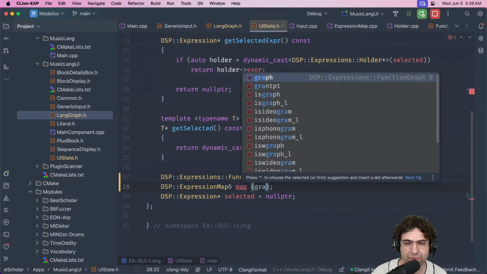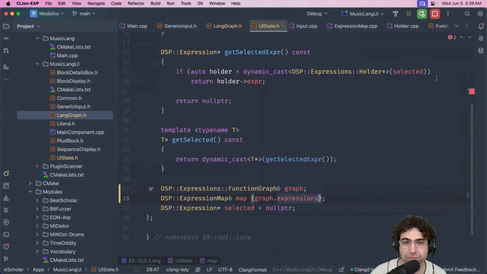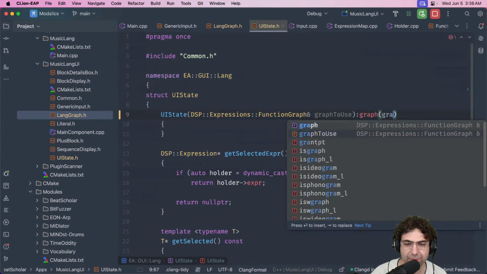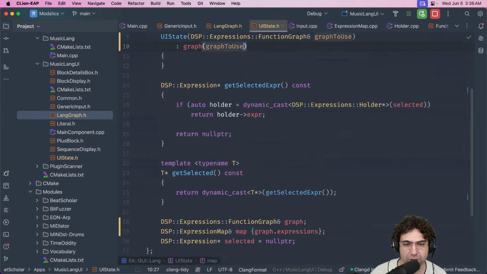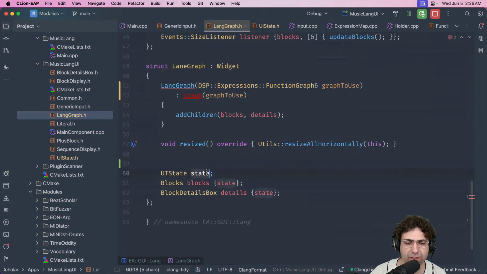The map can be taken from the graph, so it's right there. And I just need to initialize it with the graph that's coming in. Good. I'm not sure if I need to store this for now. I can just initialize the state with the graph.